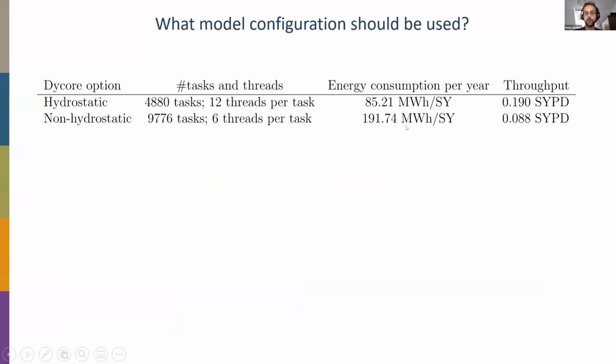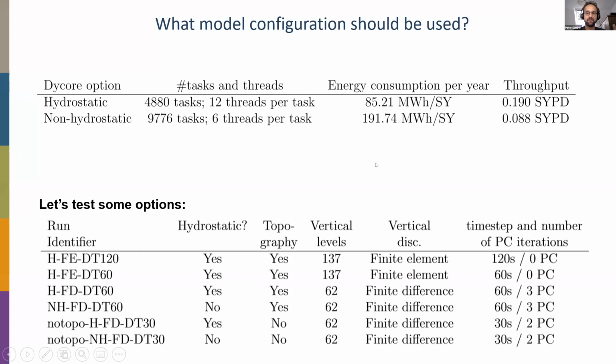And if you now think about the total cost between a hydrostatic and a non-hydrostatic simulation on Piz Daint, you will see that the hydrostatic simulation is reaching something like 0.2 simulated years per day if you really scale to the size of the machine, whereas the non-hydrostatic case is a factor of two slower, because you have to make this additional iteration in between grid point and spectral space. So this means that we have quite a big intention to keep everything in hydrostatic mode, right? So let's test how the different model options are actually going to impact performance and quality